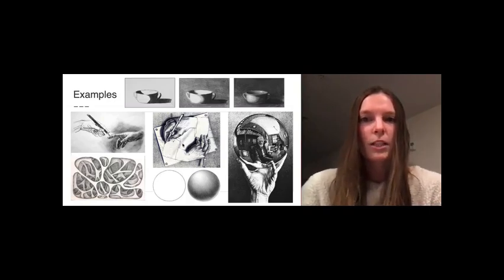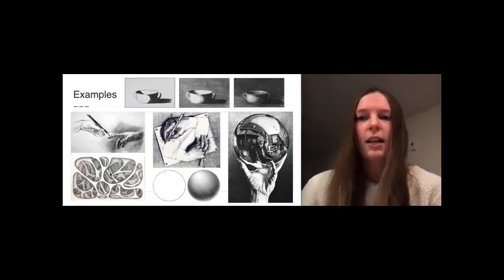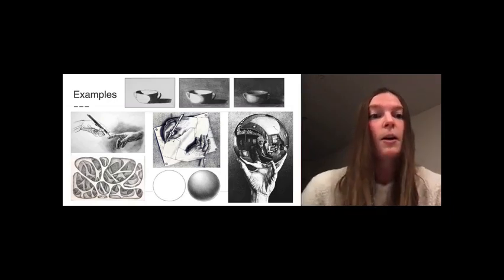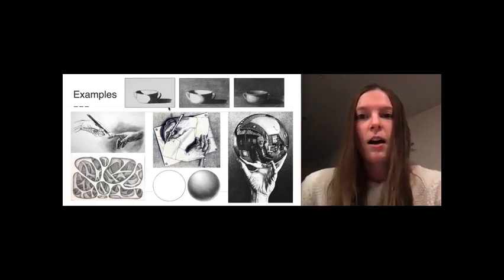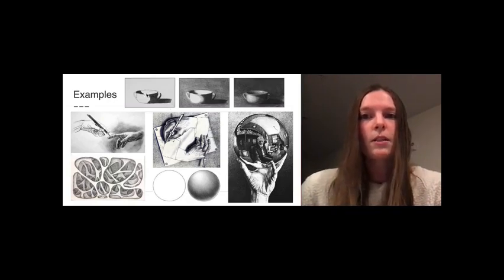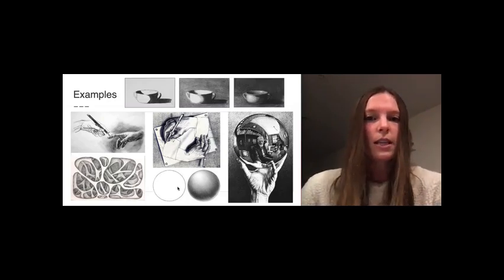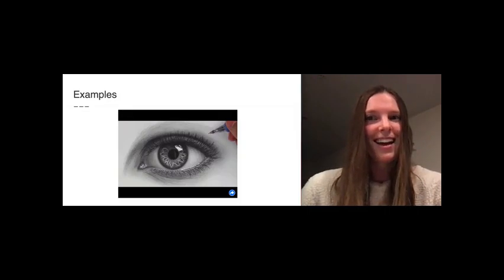It goes from these 2D sleeves that look like they're on the paper, and all of a sudden it looks like the hands are drawing themselves. These really cool mazes I thought you'd like. Those are pretty cool. And we've got this cool sphere going on. There's a bunch of other artists that use value, and you're going to become artists today too. This example at the top shows how this flat-looking object, as the artist slowly added values and made it smoother and smoother, looks pretty realistic. And in this picture of the circle, we see how a 2D circle becomes a 3D sphere. We'll be practicing that today.